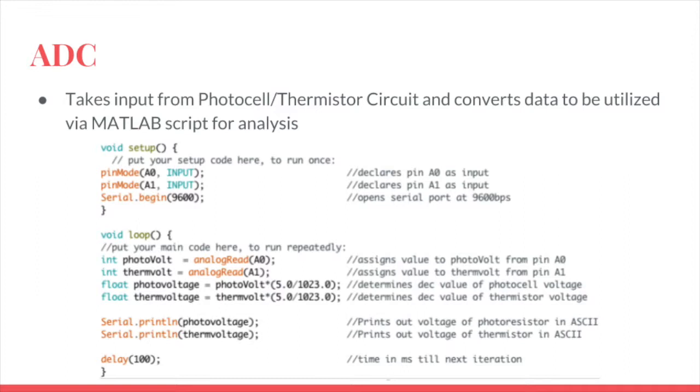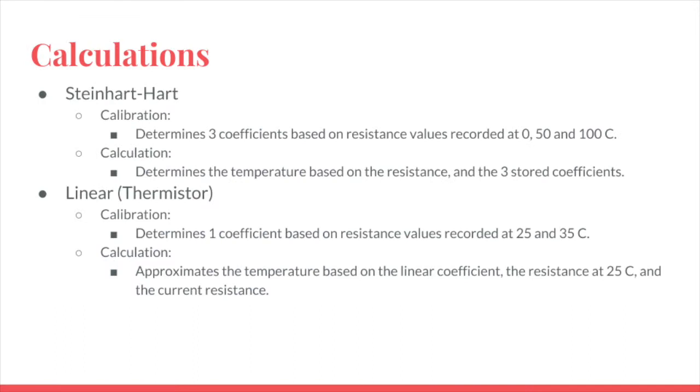for MATLAB analysis. For our Steinhart-Hart model, we calibrate to determine 3 coefficients based on resistance values recorded at 0, 50, and 100 degrees Celsius. Our calculation determines the temperature based on the resistance and the 3 stored coefficients. For our linear model, our calibration determines 1 coefficient based on resistance values recorded at 25 and 35 degrees Celsius. Our calculation approximates the temperature based on the linear coefficient, the recorded resistance at 25 degrees Celsius, and the current